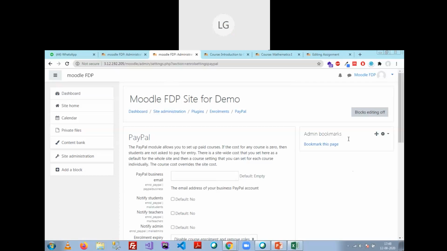PayPal method. Yes, sir. Furthermore, when we continue this process, is it connected to some payment gateway, or does it receive some sort of documentation, just like receiving? Yes, sir. Everything will be maintained by Moodle by itself. It will reduce your tedious task of collecting the fees, then marking that the student has just paid the fees, and then getting enrolled into the course.